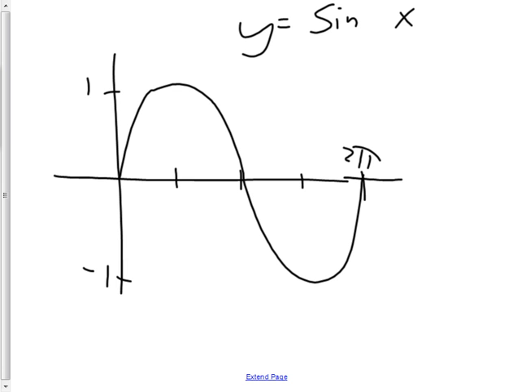If that's 2 pi, Grant, what's halfway there? And then half of that. Pi over 2, good. And then this is the hardest one. 3 pi over 2, very good. 1 pi over 2, 2 pi over 2, 3 pi over 2. Okay. Anyway,